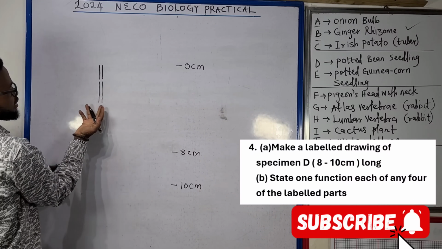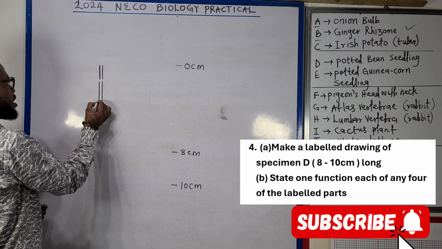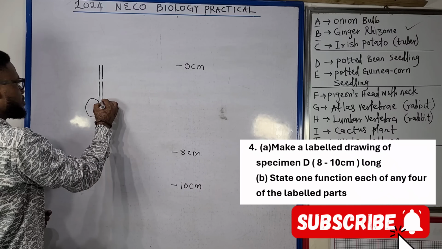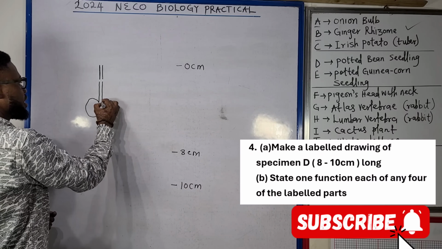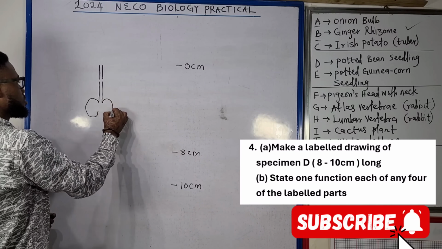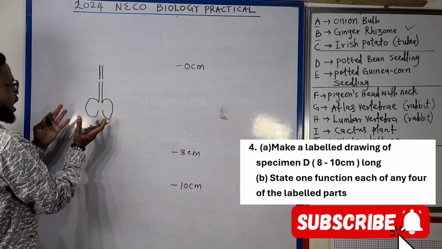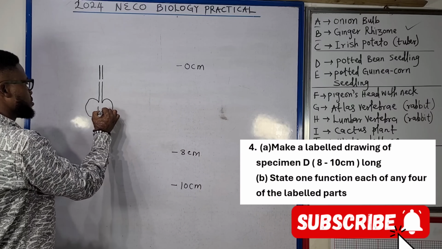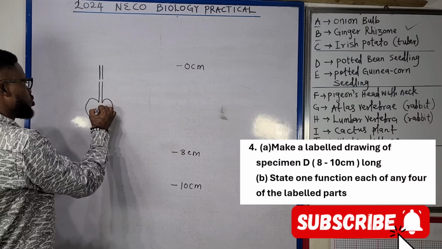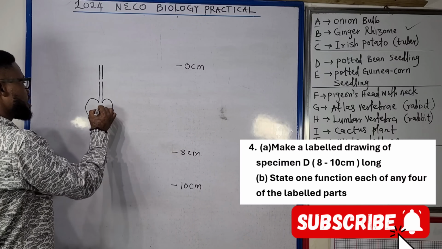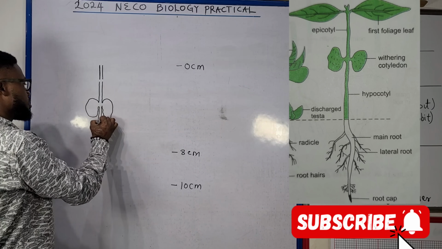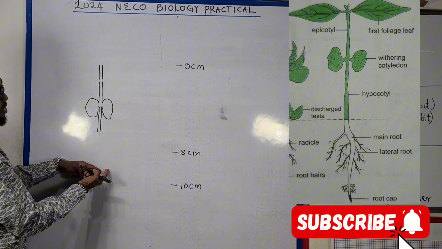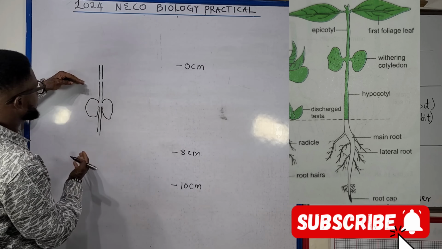Then I'm going to have another space, because this time I want to talk about my cotyledons. So I continue downward; you can see I started from 0 and I'm nearing towards 8 now. I've given space